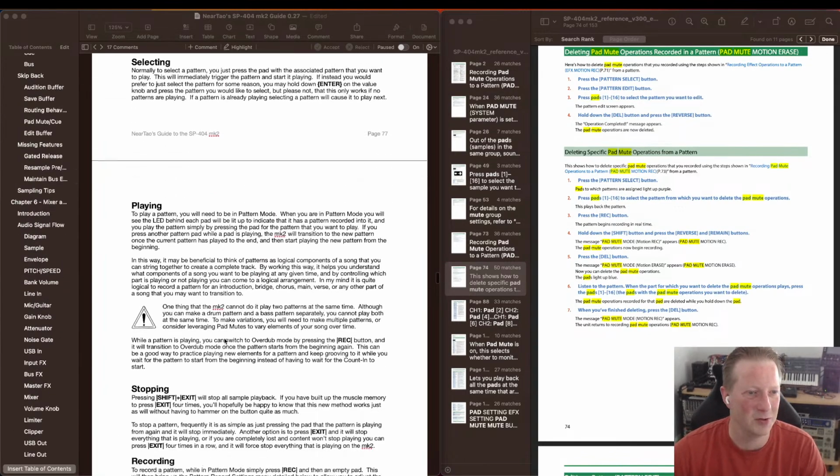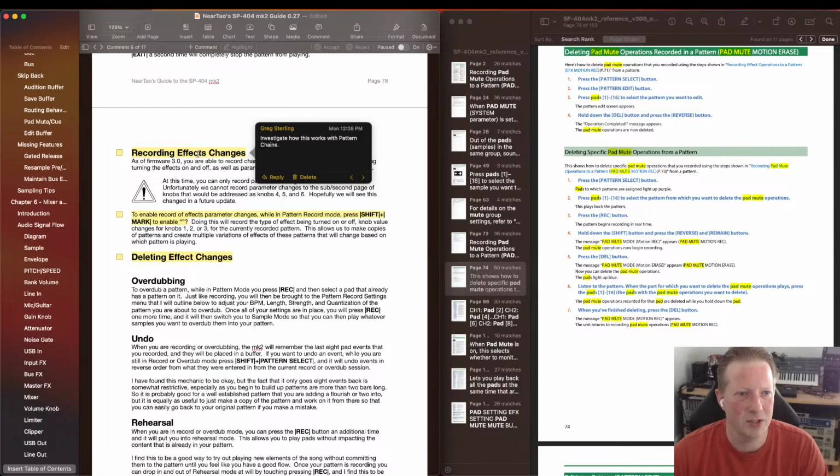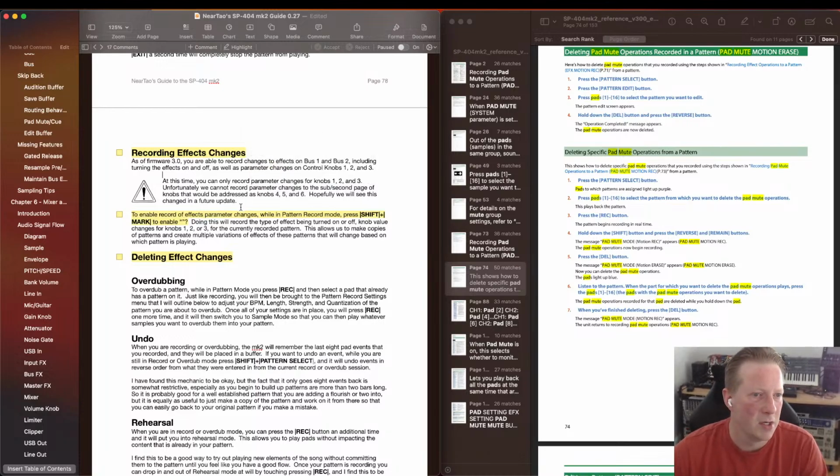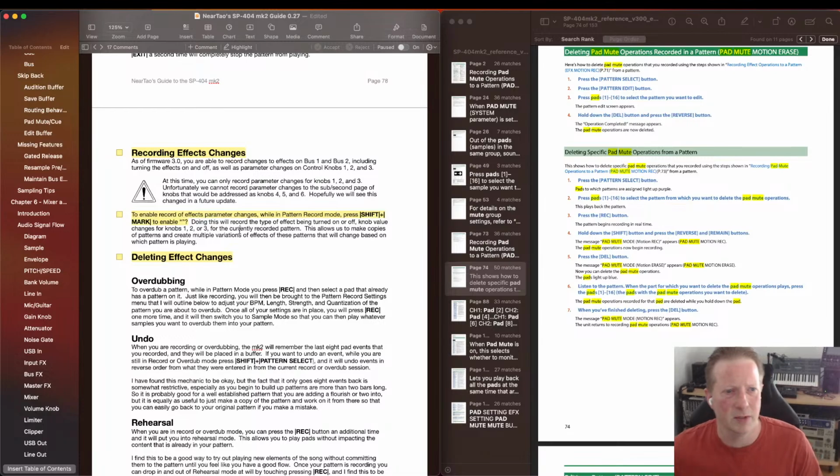All right, I was just going through this section here. Chapter 7. So I have the recording exchanges. Oh, I have not checked to see if this carries over and works in pattern chains. I should still do that, so I'm going to leave that comment. The comment here: verify the parameter record mode, and says we go